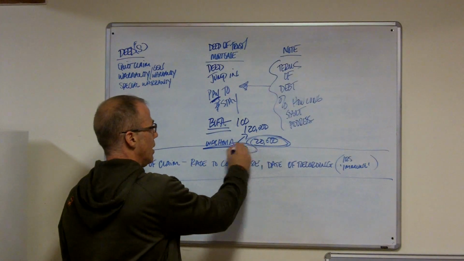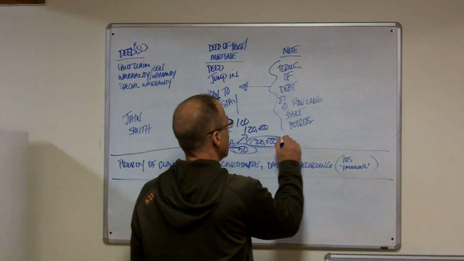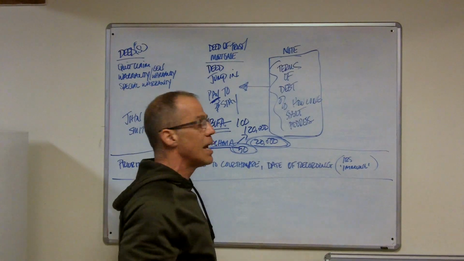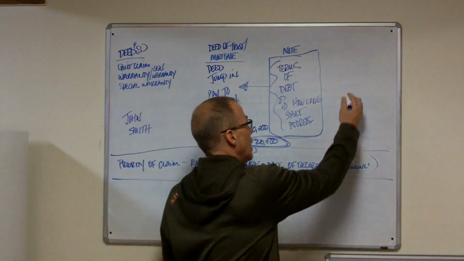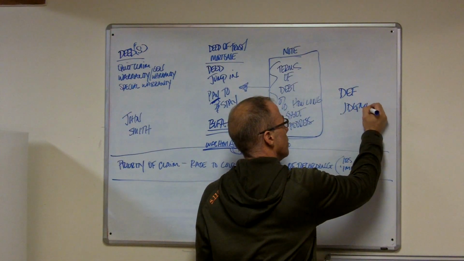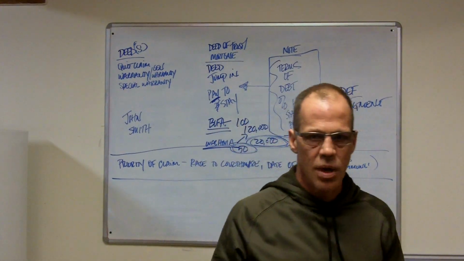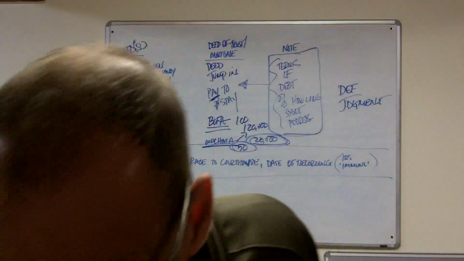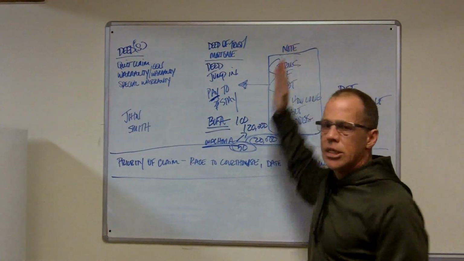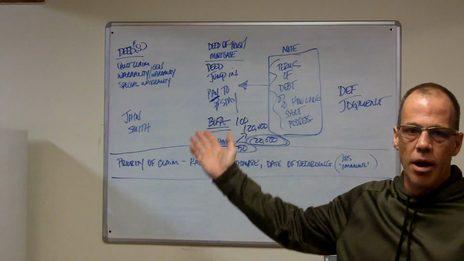They were owed $50,000. Guess what? They have a note, just like Bank of America did against John Smith, for $50,000, where only 20 of that has been satisfied. They can get a deficiency judgment. Now this is something that's very important to understand, because some of you guys, what they're telling you online is the biggest load of crap I've ever heard. They're saying, well, if Bank of America foreclosed, it kicked out all the other deeds. No one else is owed any money. John's got to be entitled to the money.